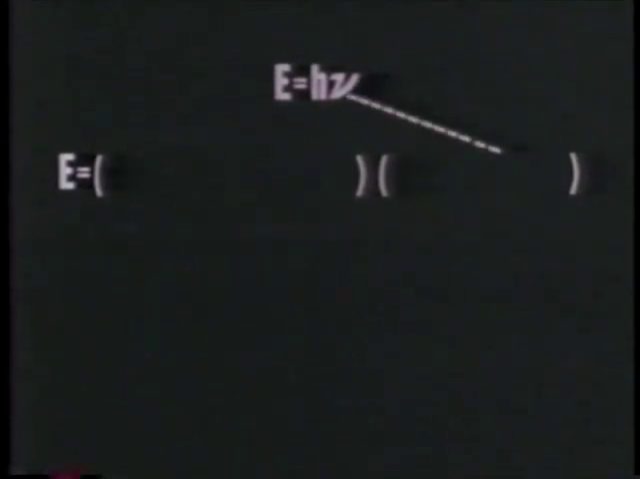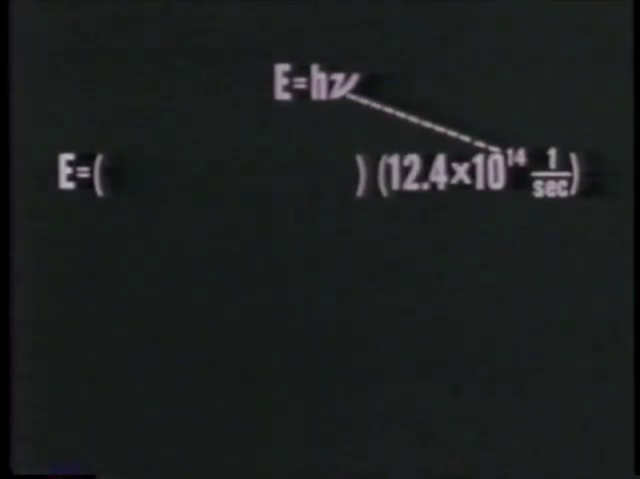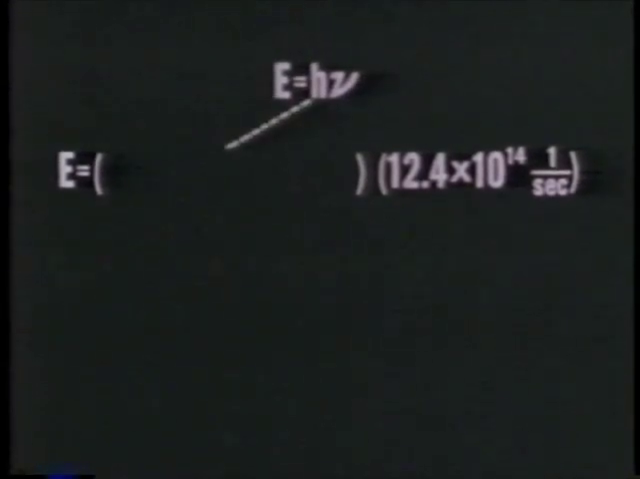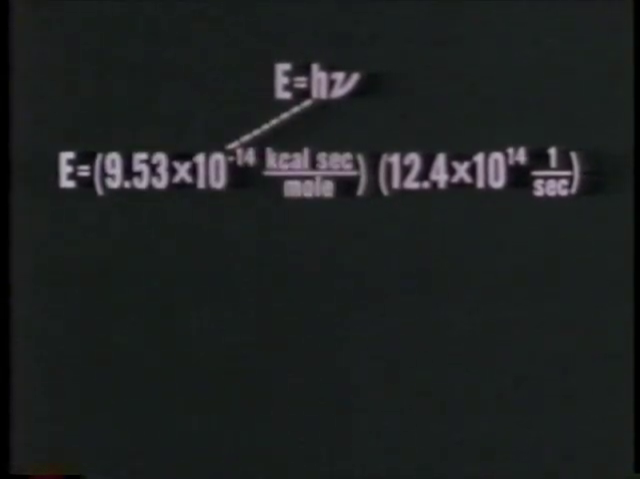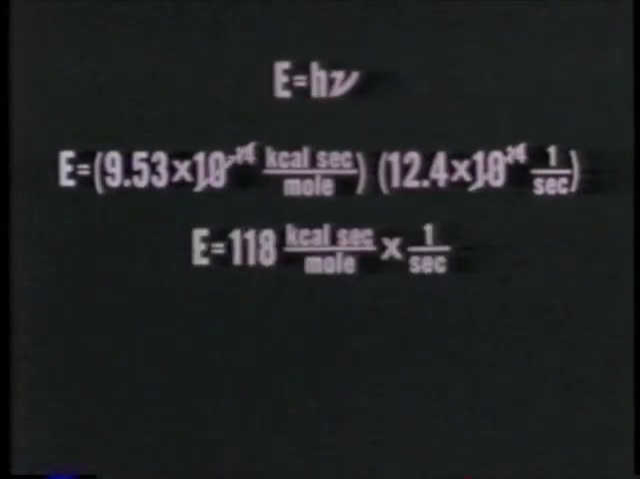We use this equation to calculate the ionization energy of sodium. We have determined that nu equals 12.4 times 10 to the 14th cycles per second in this equation. Now, multiplying by the conversion factor h, 9.53 times 10 to the minus 14 kilocalorie seconds per mole, we find that the ionization energy of sodium is